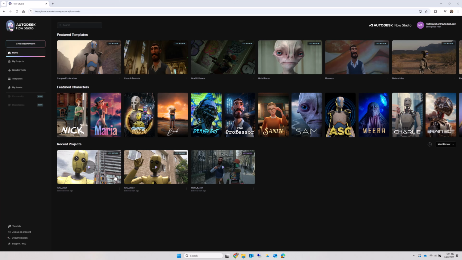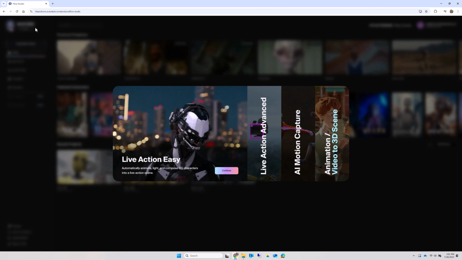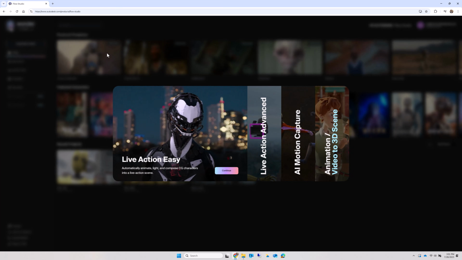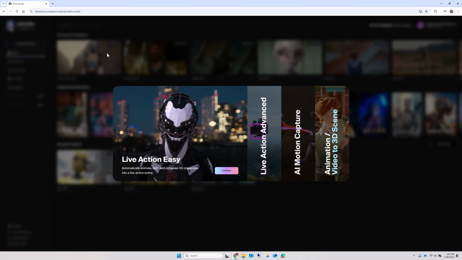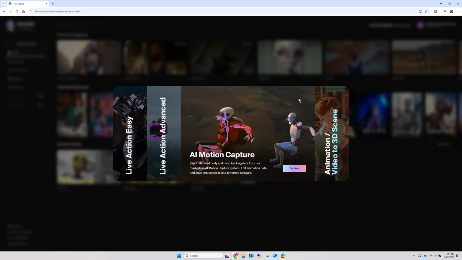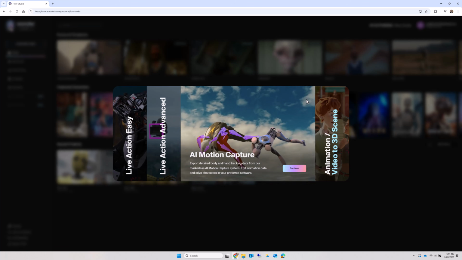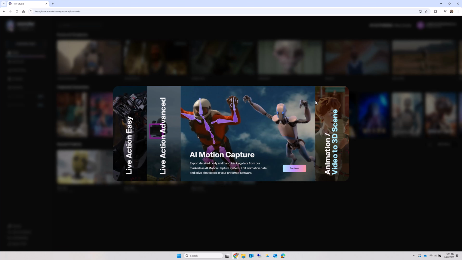Now that we've got our footage, it's time to take to the Flow Studio web app. As a free user, you'll have access to the Live Action Easy or AI mocap project types. Live Action will allow us to identify the video's actor, then overlay it with a digital character. But more crucially for our use, it'll also allow us to output a Maya or Blender file with that character in it. AI mocap is similar, but will only output a 3D skeleton of the actor. This is lighter weight and uses less credits, and is ideal when you already have a character waiting for the motion in your digital content creation tool.